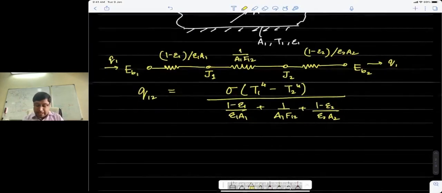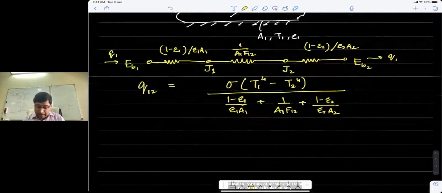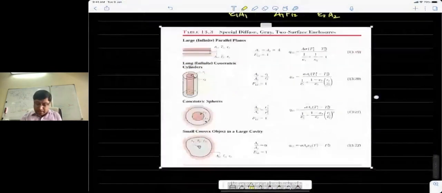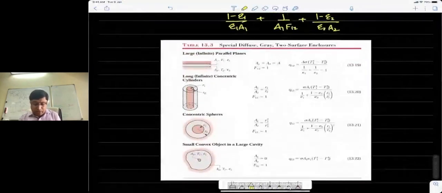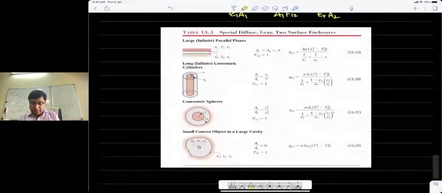Okay, some of these examples, or some more generalized cases, are given in the book in the form of a table. So your book has some examples that you can also work out on your own now using the same method that I have described.